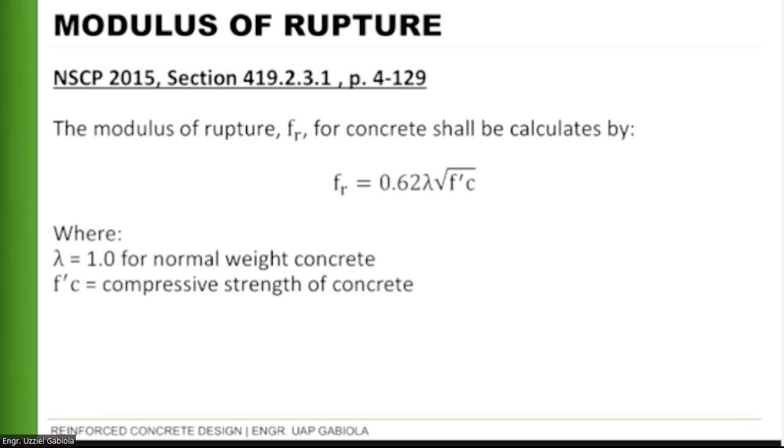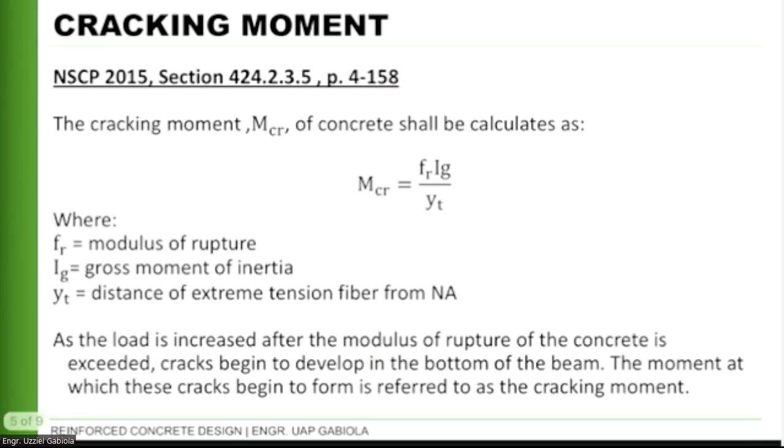Okay. But to continue with the uncracked concrete stage, we should also know what the cracking moment is. And this is also given by NSCP 2015, section 424.2.3.5, page 4-158, wherein the cracking moment M_cr of concrete shall be calculated as follows. We have M_cr equals the modulus of rupture times the gross moment of inertia over the distance of the extreme tension fiber from the neutral axis. Okay, so